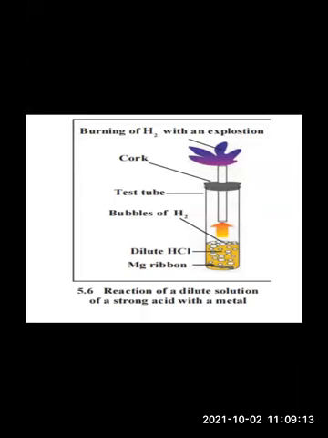So let us begin from this part, that is reaction of acids with metals. Now for this activity, you need what all apparatus. You can see in the screen itself, right? The apparatus and chemicals needed. First of all, we need a test tube. We need dilute HCl, magnesium ribbon. We need cork. Yes. So all these things we need.